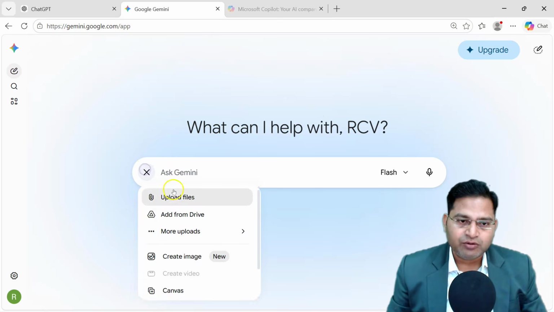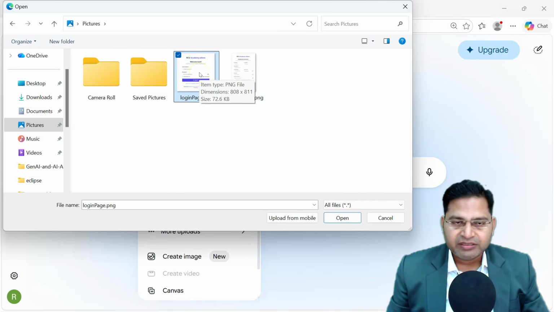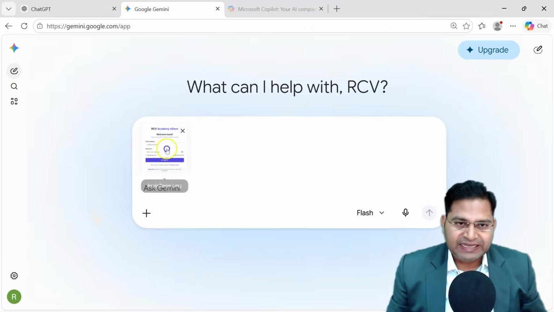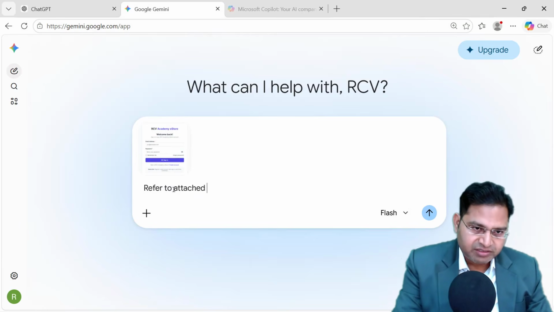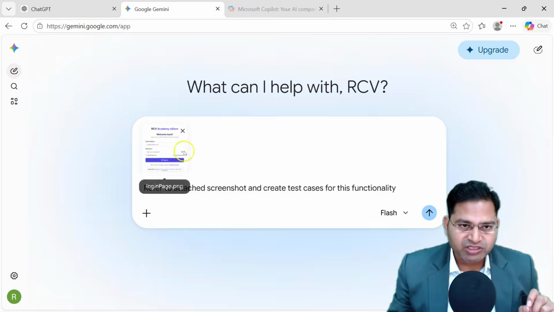For example, if I say upload files, and this is the screenshot of the test application that I use for teaching Playwright test automation and all other automation and AI or agentic AI courses. So if I attach this screenshot and say, refer to the attached screenshot and create test cases for this functionality,